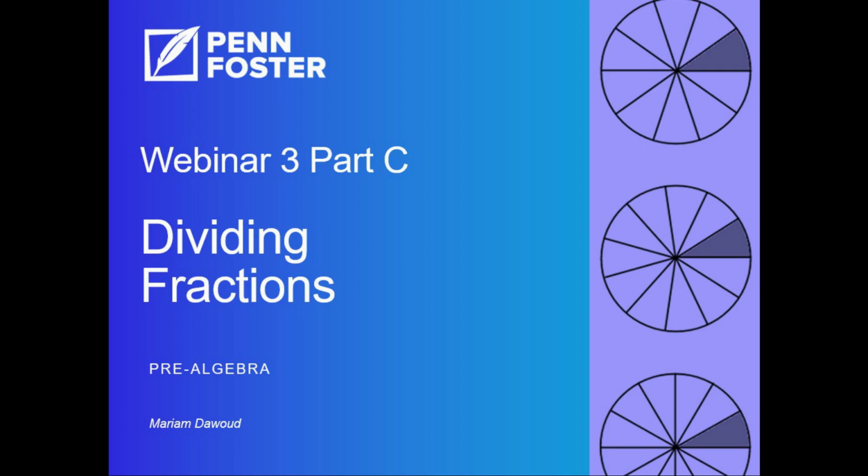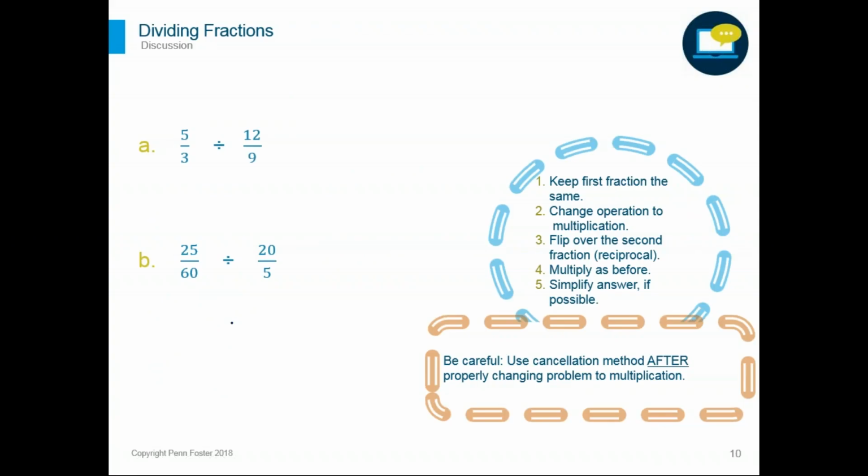Okay, let's move on to division. As I said at the beginning of the webinar, we will realize in a second that division is actually done by changing the problem properly to a multiplication problem, and we will do the same steps, cancellation, and then multiply across. But before we're able to multiply, we have to change the problem properly to a multiplication problem. When we have a fraction divided by a fraction, it is equivalent to